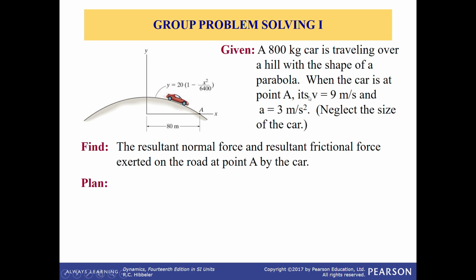Okay, this is group problem solving 1. Given an 800 kilogram car traveling over a hill with the shape of a parabola. When the car is at point A, this is my car and this is the parabola equation: y equal to 20 times (1 minus x squared divided by 6,400). So my car is traveling along this curved path. Now when the car is at point A, which is 80 meter from the center here,